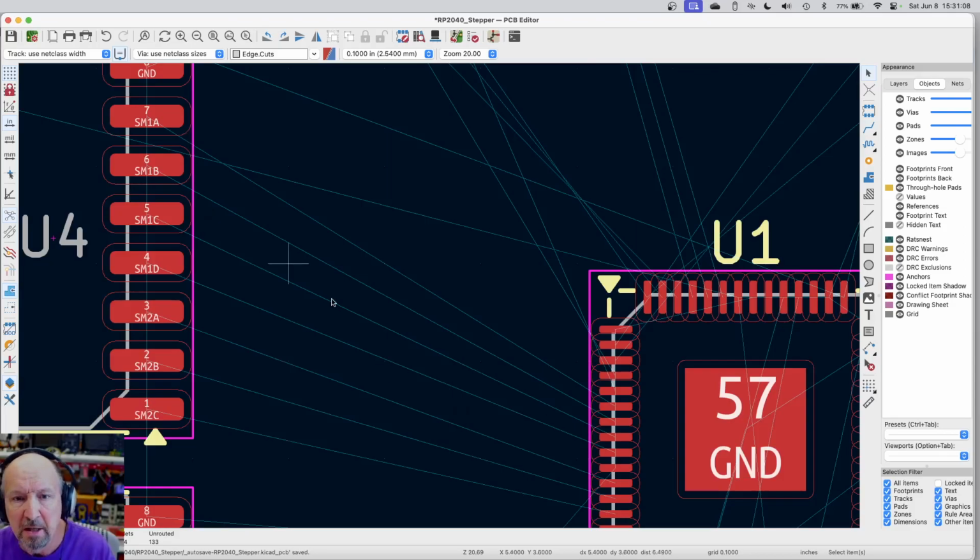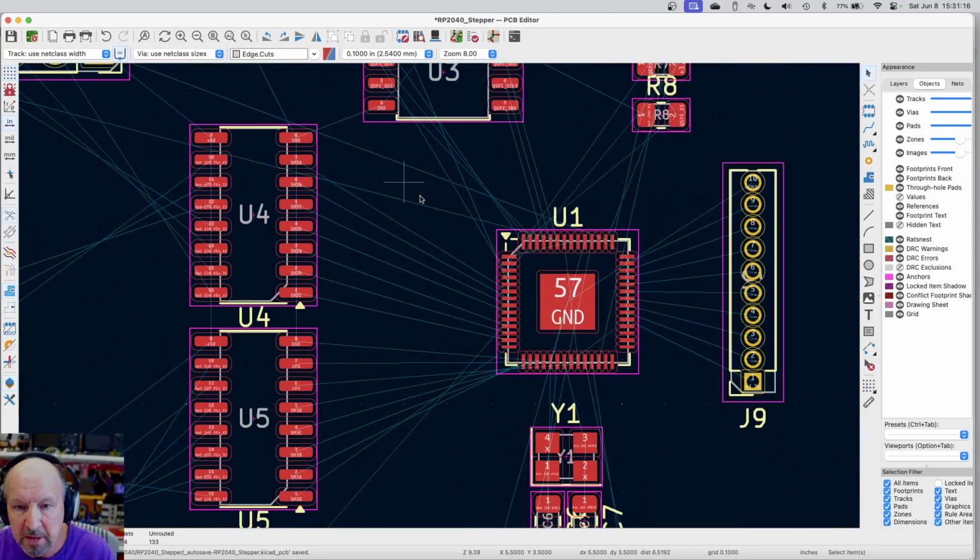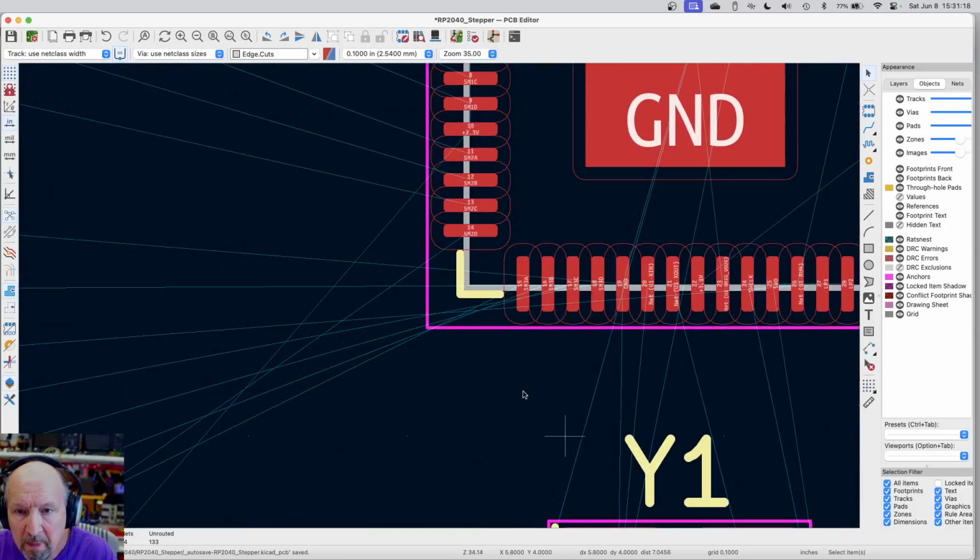They're just easy to run. All I need to do is just get the traces out there. I don't have to cross them. I don't have to go over and under things. So that'll make it really easy for traces to come out. This one,